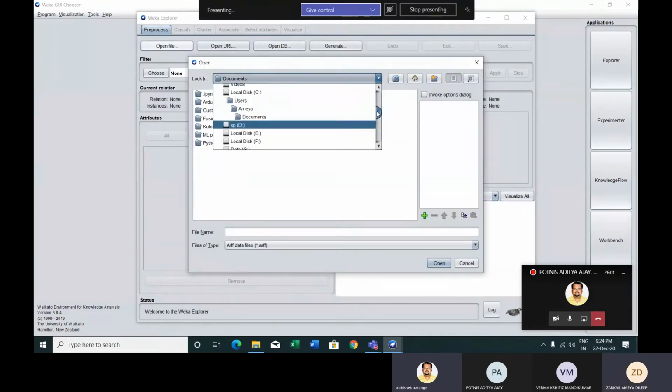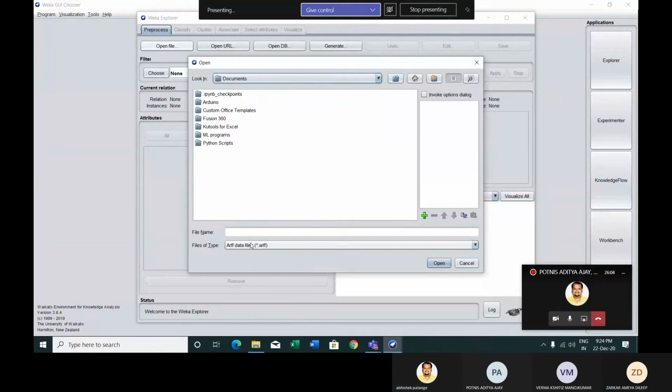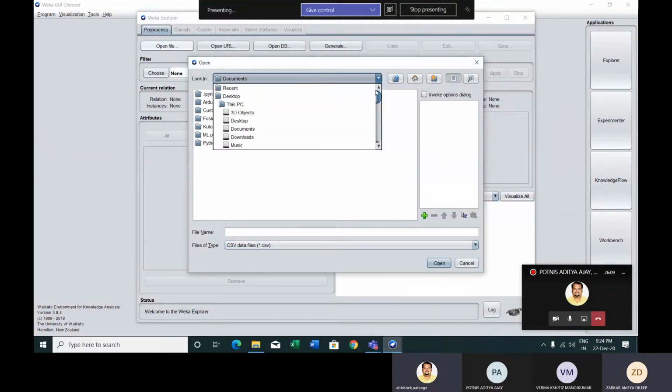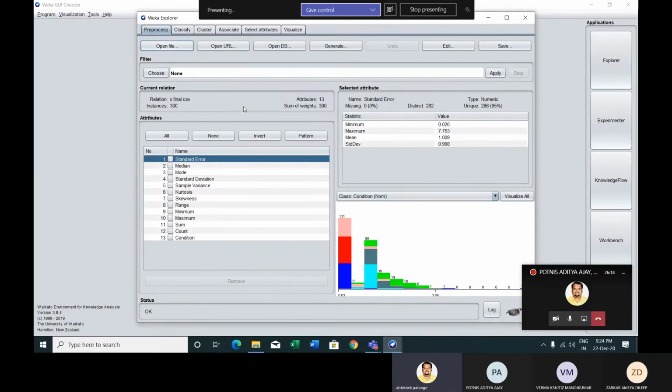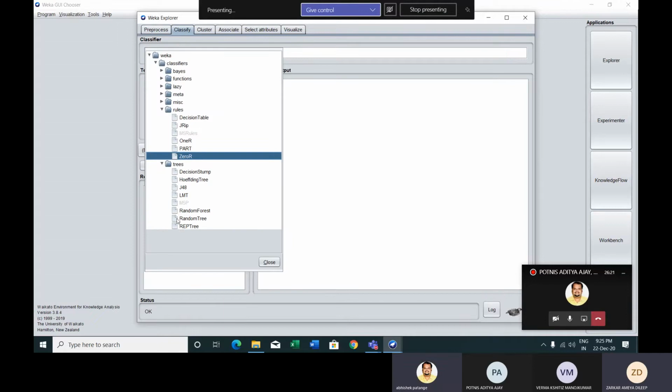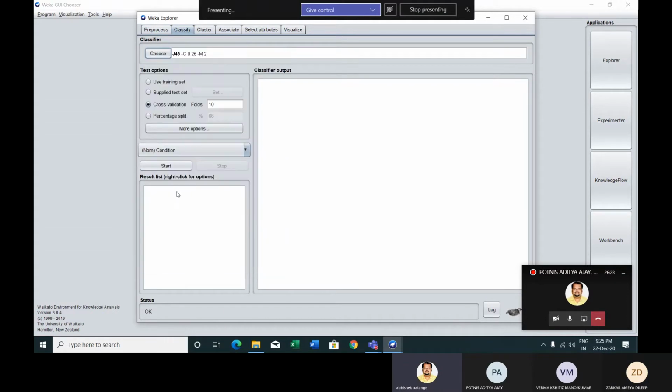Go to Classify, choose J48, and now select percentage split as 80%.